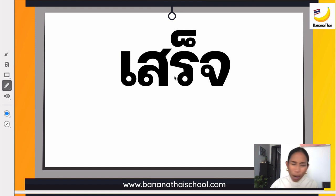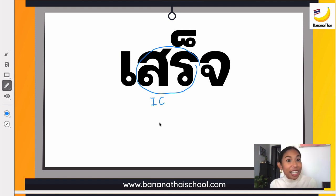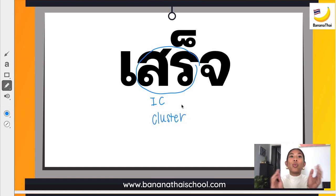So it's quite complicated. First things first, I want to help you classify the components of this word, or syllable. It's one syllable though, just set. First thing, find the initial consonant. These two things, สอเสือ and รอเรือ, are the initial consonant. And an initial consonant can also be more than one because we call it a cluster. A cluster is an initial consonant that has more than one consonant together. So สอเสือ and รอเรือ is the initial consonant. Next part ค่ะ